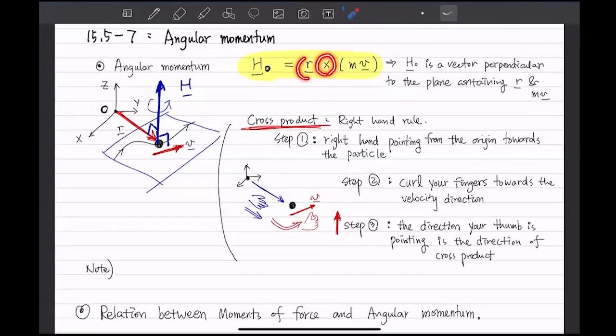So two vectors, this and that, are being crossed, and that creates another vector which is perpendicular to both of them. The way you find the direction is, again, your fingers point like that, and then from there you curl your other fingers towards the next vector, which is velocity in this case. Then you find where your thumb points, and that is going to be the direction of your cross product. Okay,